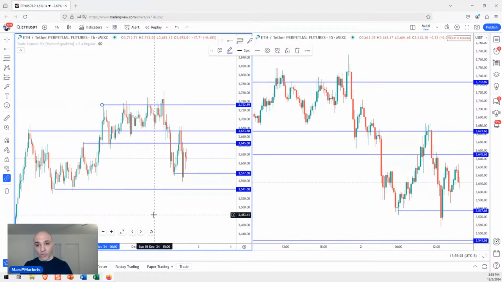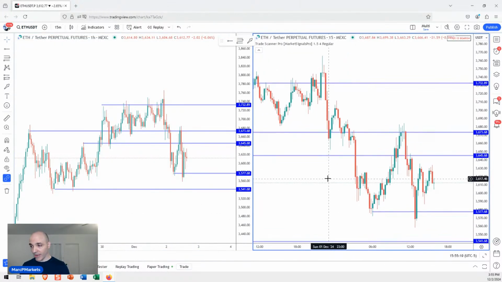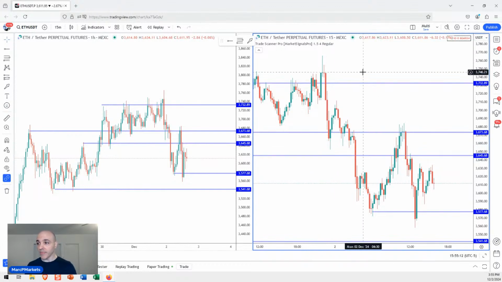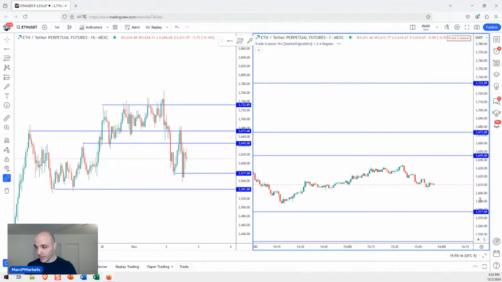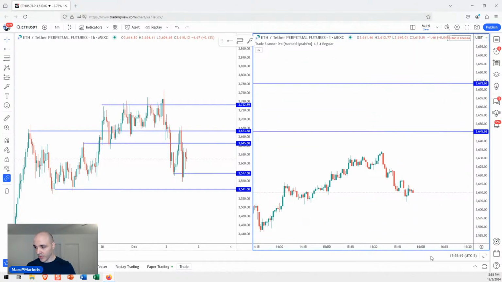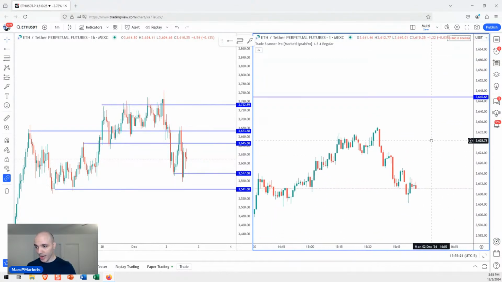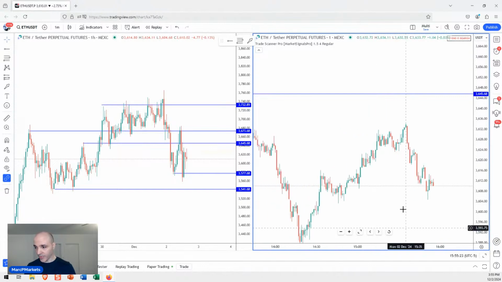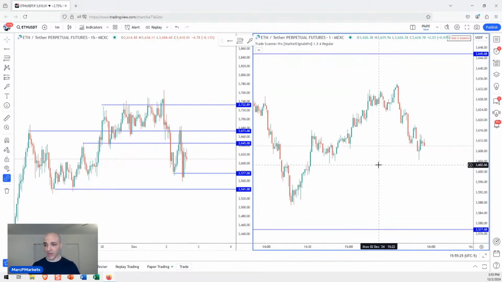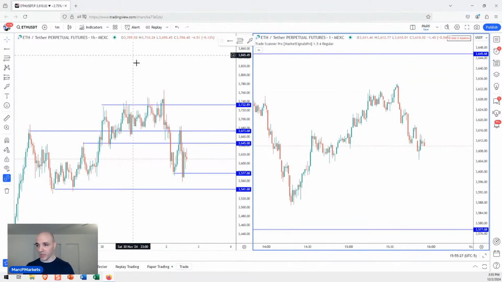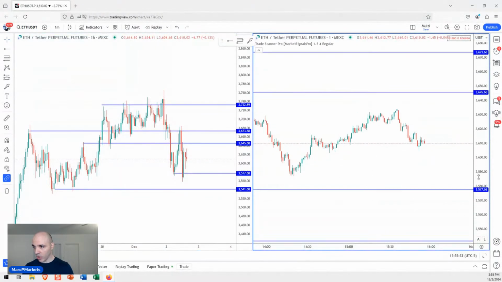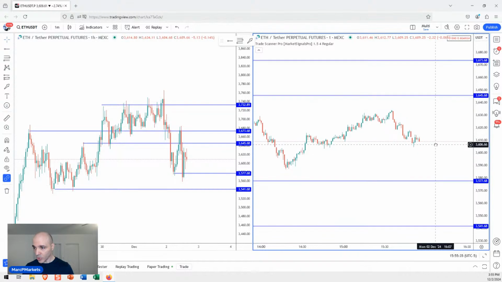So if I'm looking at a day trade, I'm going to be working on an hourly chart to get my bigger picture perspective. And then I'm going to work on a smaller time frame. In this case, I have a 15-minute, but I want to work on a smaller time frame, like a 1 minute for actual trades. Okay, that's my action time frame. This is where I'm going to take the trades. So I have some idea of what's going on in terms of support and resistance, right? These lines that I drew on the hourly chart, they show up on my 1 minute chart as well, right? That's what these blue lines are because I drew them there.